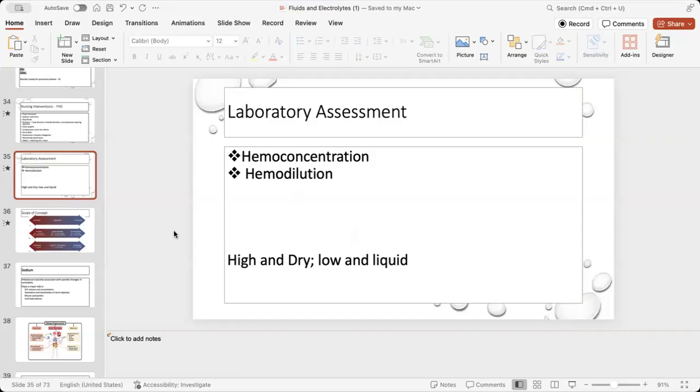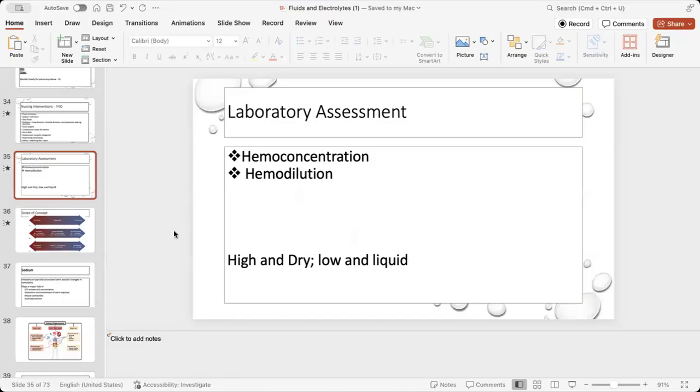Vital sign changes, we talked about. Blood pressure is going to do what? Low. Our heart rate up, our respiration rate up, and our pulses weak. Our pulses are going to be hard to find. We have less blood volume, so they're weak, hard to palpate. What happens to our weight? Decreased or stayed the same. Urine output, if we're underloaded: decreased and concentrated, dark yellow.